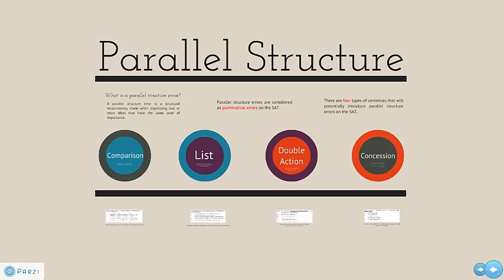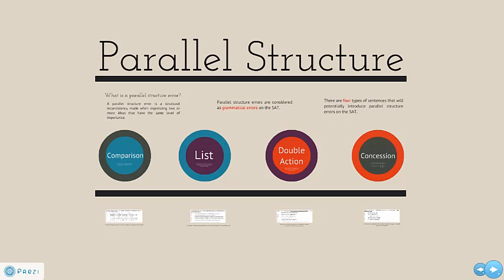Parallel structure means using the same pattern or structure of words to convey two or more ideas on the same level of importance. For example, I can say that I like eating, sleeping, and running, or I can say that I like to eat, to sleep, or to run. Both of these sentences are examples of parallel structure because I use the same configuration of words to convey these